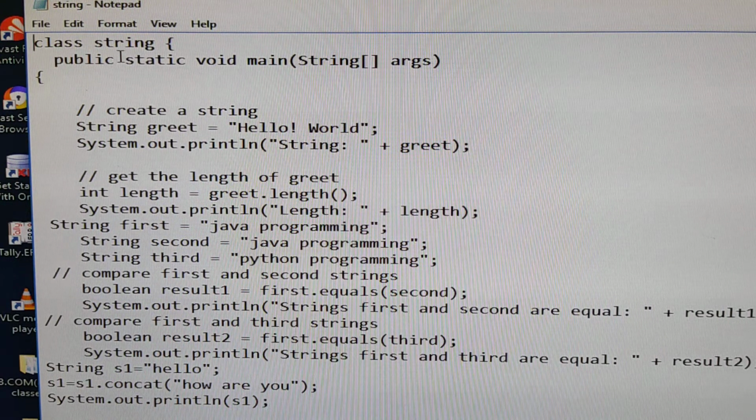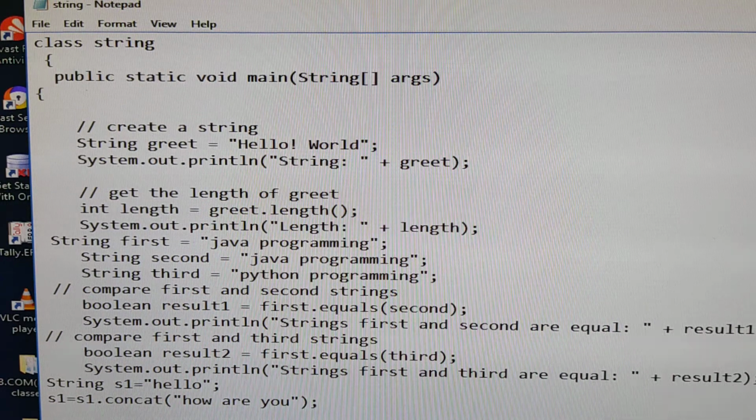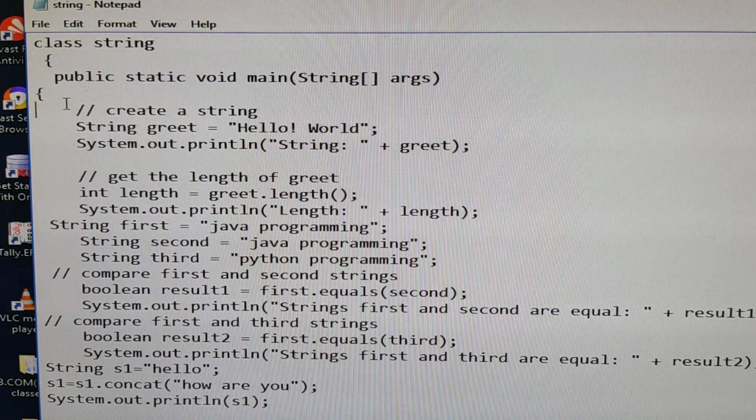See here, the class name is String. You can give any name, it is a user identifier. Next is the main method. Next I am creating a string. The name of the string is greet, and the value I am storing is Hello World.